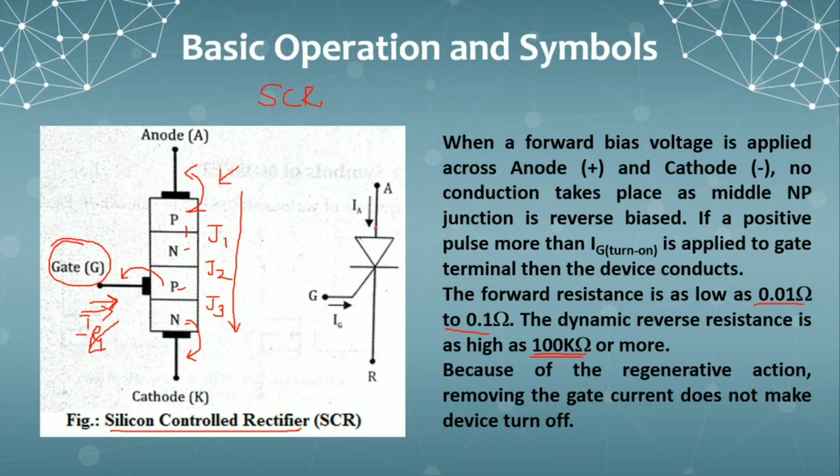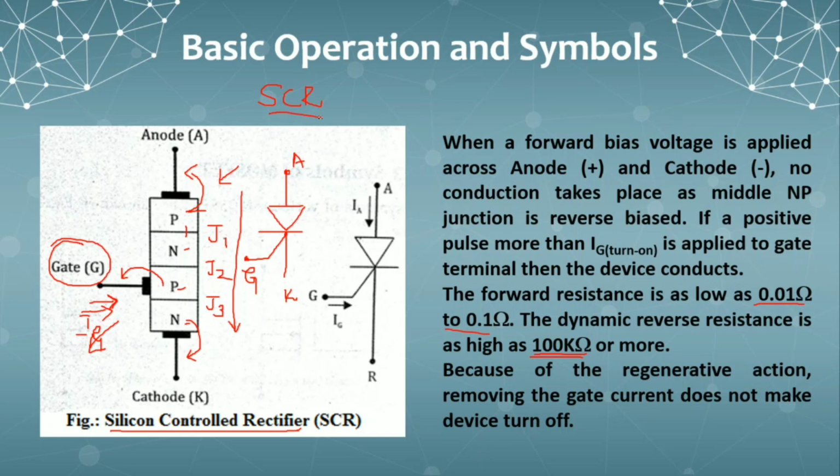Coming to the circuit diagram or the symbol, how to write the SCR. You write a normal diode first. For this diode, we know that this is the anode terminal and this is the cathode terminal. From the junction where the cathode terminal meets the line, we take one more input, which is called the gate. This gate is responsible for turning on the SCR. So this is the physical structure of SCR.